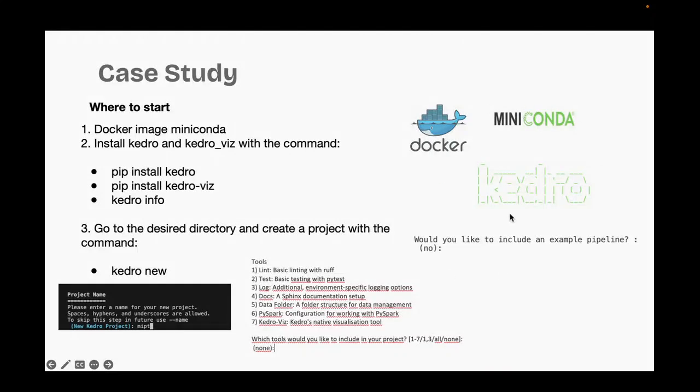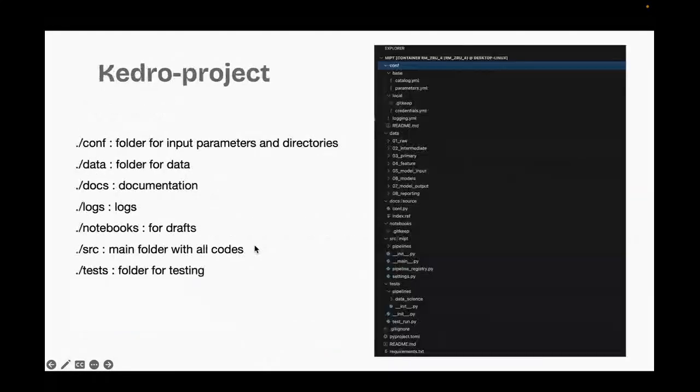And here you will see the text in the command line. If everything is okay, you will see the label Kedro. Navigate to the directory where you want to create your project and run the command in cmd like kedro new. After that command, you type the name of the project here. I typed MIPT, and the next step is